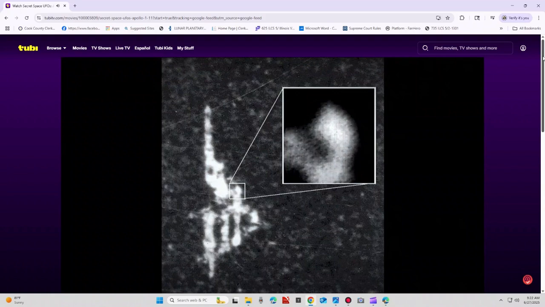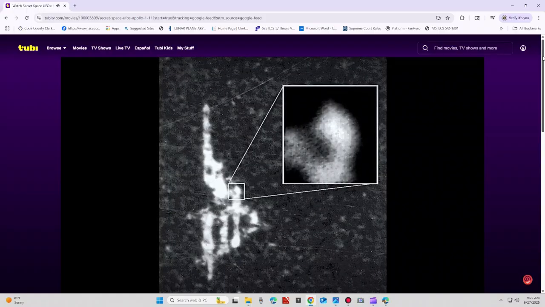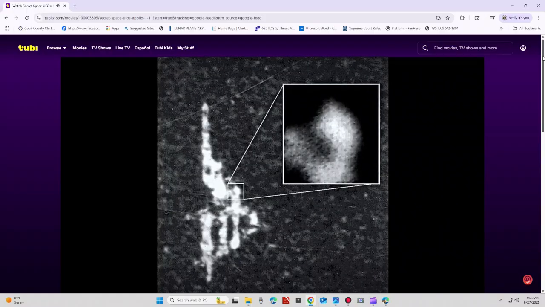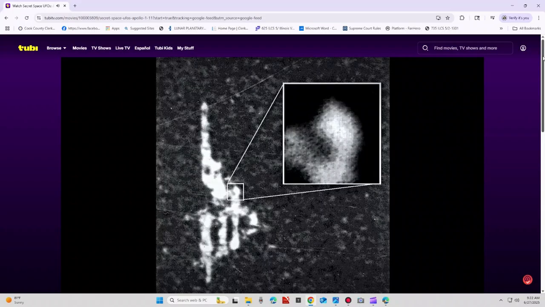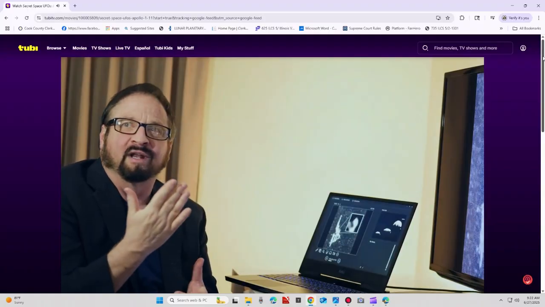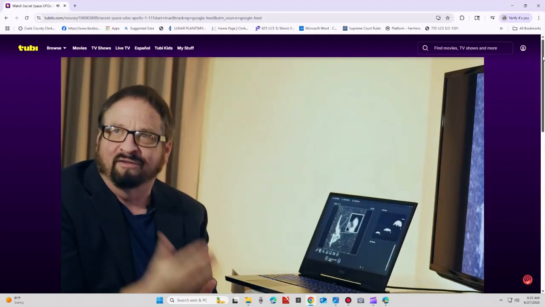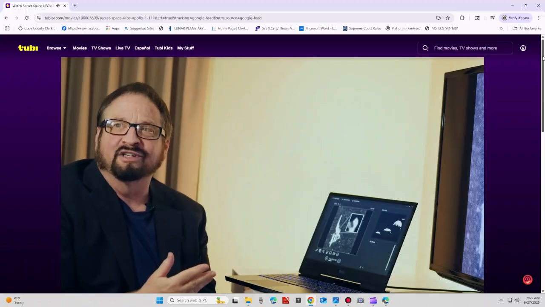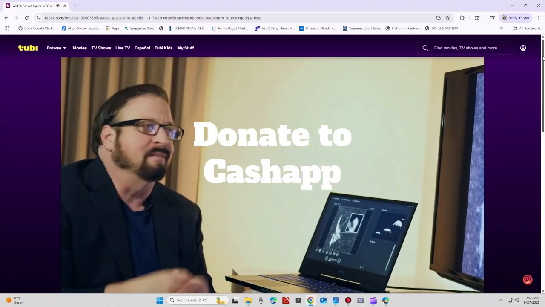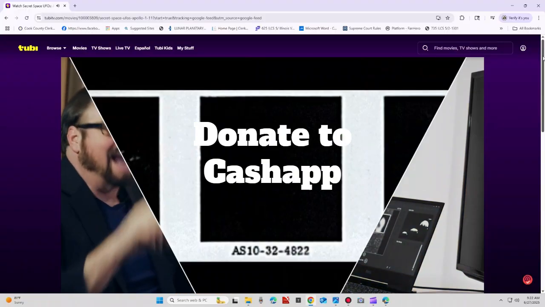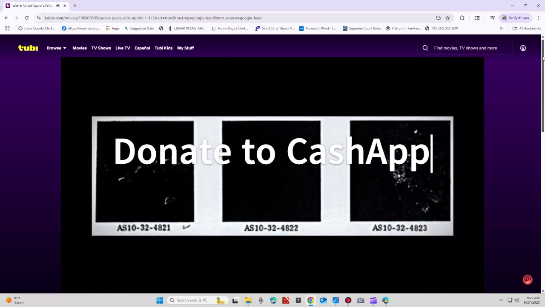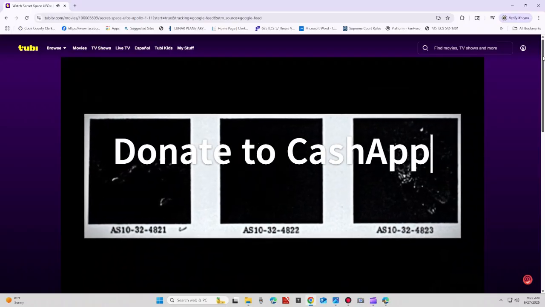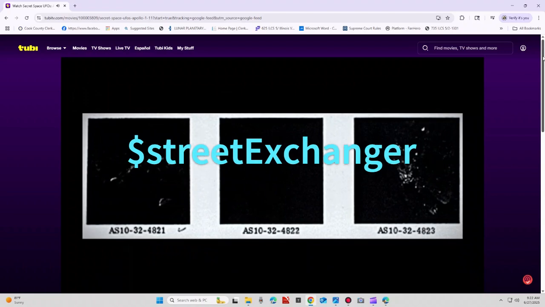And again, you go up to the edge of it and you can see that there's sort of an internal geometry to it. There's a lot of cells and structures. It is absolutely fascinating. And they knew what was on these because they hid all 9 of these photographs under one frame number. It should be 4822, 4823, 4824, all the way up to 4832, but it's not. It's all buried under one frame number, which I will remind you, blacked out in the catalog because they didn't want anybody to look at it. But because of the religious aspects of this, the weird, strange symbolism